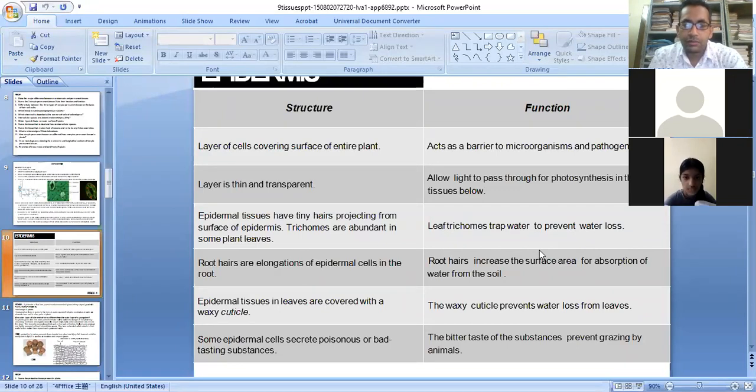Trichomes are the parts of the stomata. They are the parts of the guard cells. So it's a technical term, you need not go into this. They are part of the guard cells of the stomata. They prevent the water loss. Moving next,